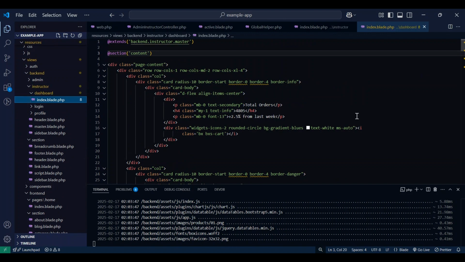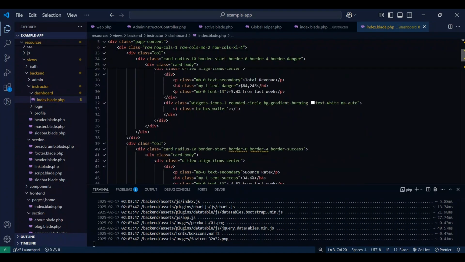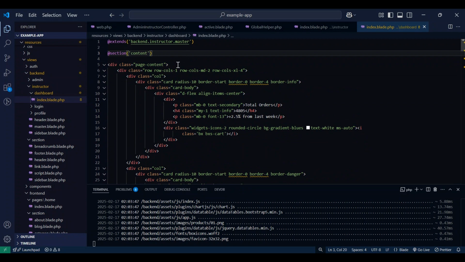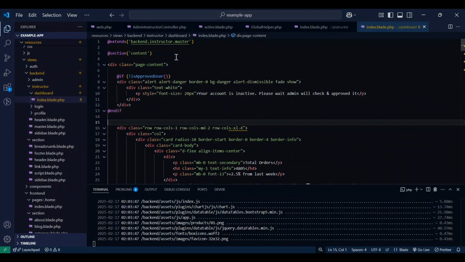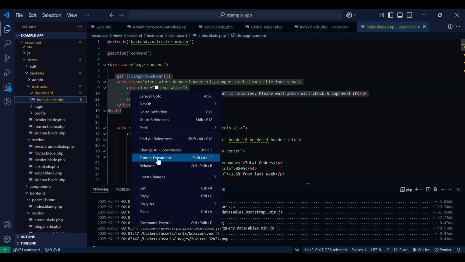So, dashboard index. We just make a div actually. We just put it into the content, before the content. Just look at the function is not approved user, and just get the alert. I'll just show you. I just make you put some function, and you will understand. Just keep focus on this